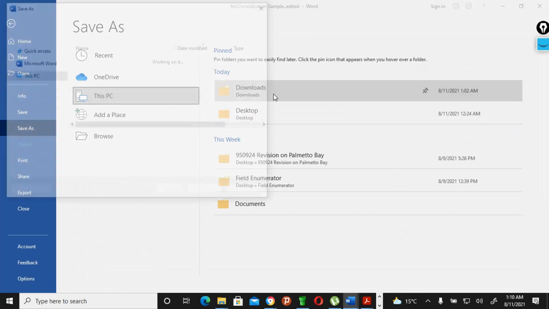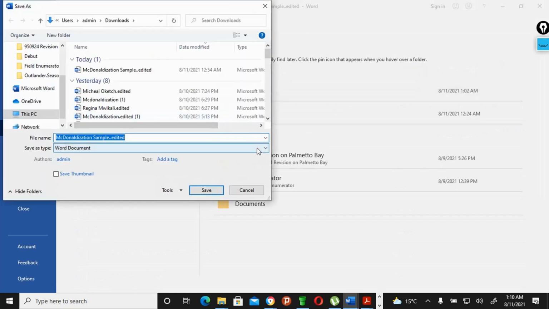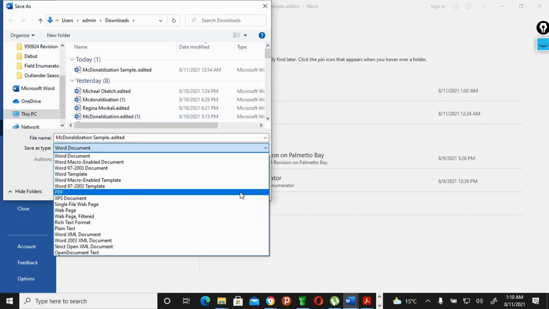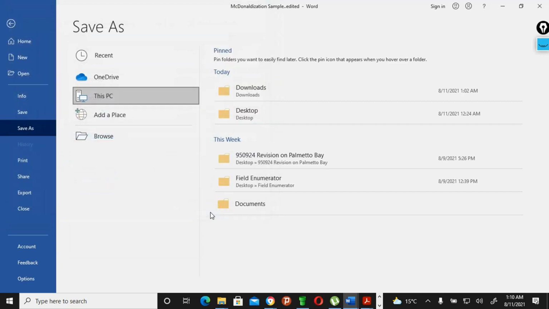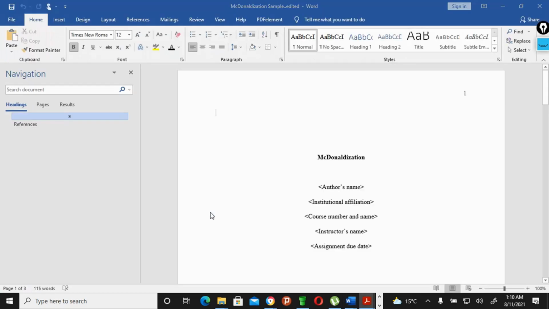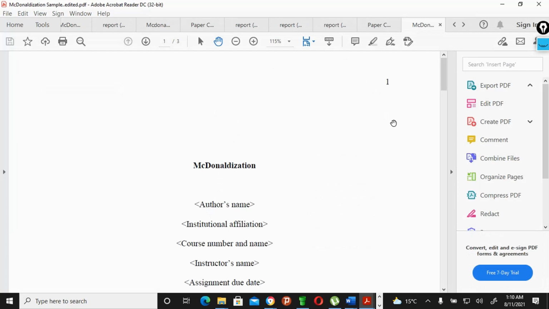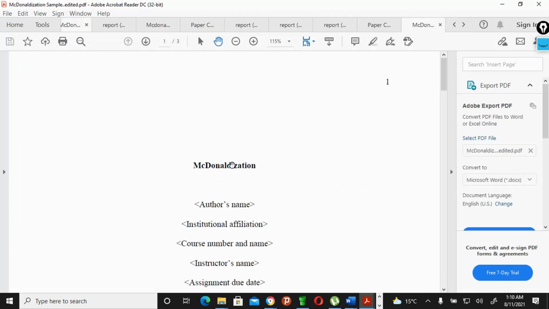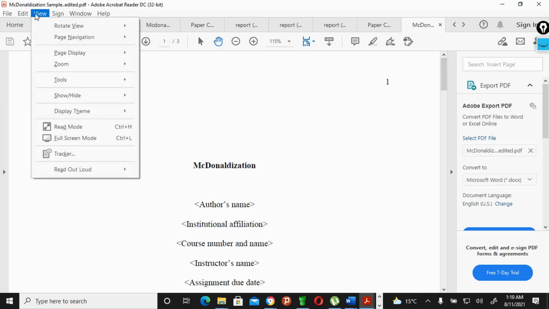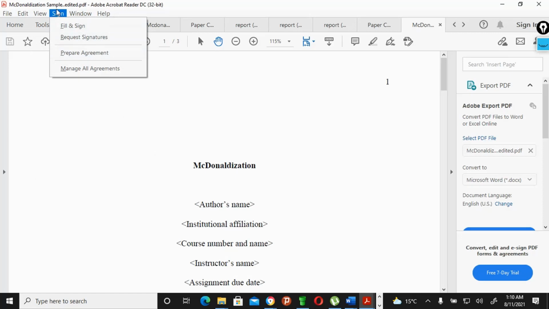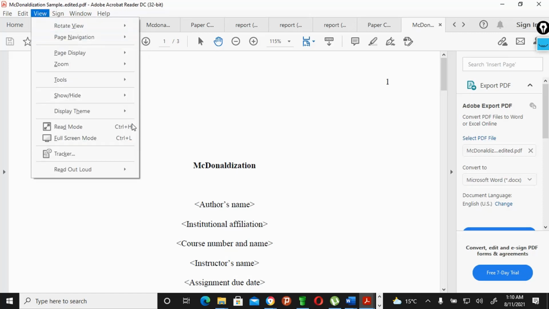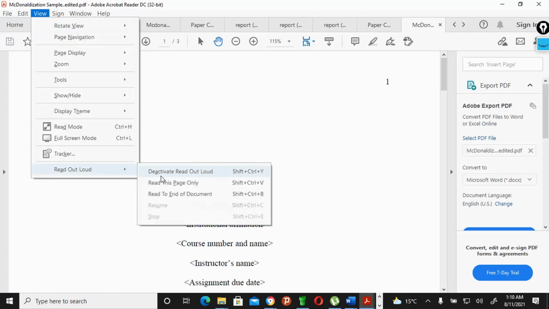I'll just save my document as PDF, and it doesn't matter where I place it, but I know you are computer technology compliant. I save that document as a PDF, open it under Adobe Acrobat Reader, come to View, and activate Read Out Loud.